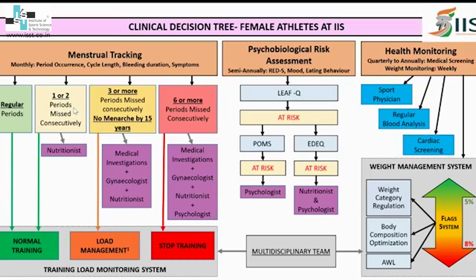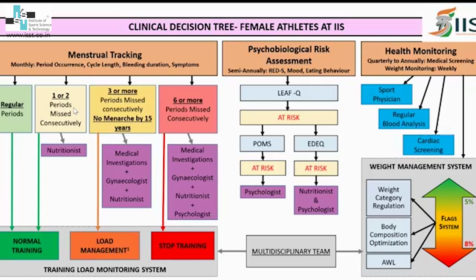If an athlete is missing her periods 3 or more times, there's going to be a further follow-up with a gynecologist. The athlete would go under some sort of medical investigation, and the nutritionist would follow up with the athlete again. And here is when we try and manage the load for the athlete a little bit, because for us, if an athlete is missing her periods for 3 months, that's really when we start to not just focus on